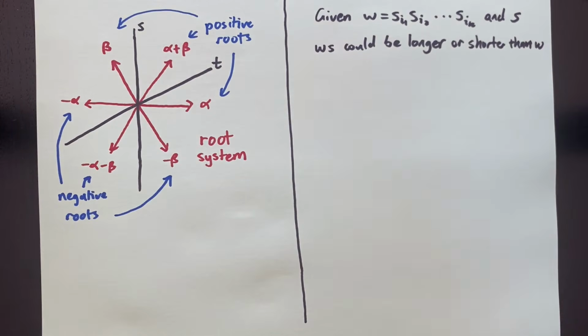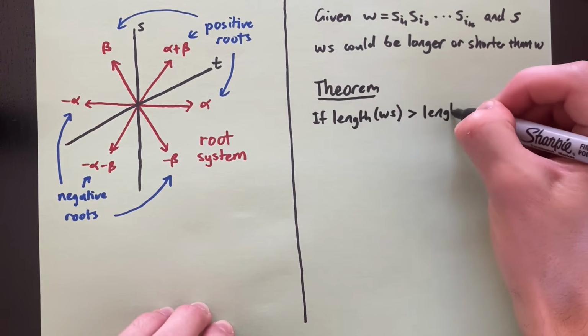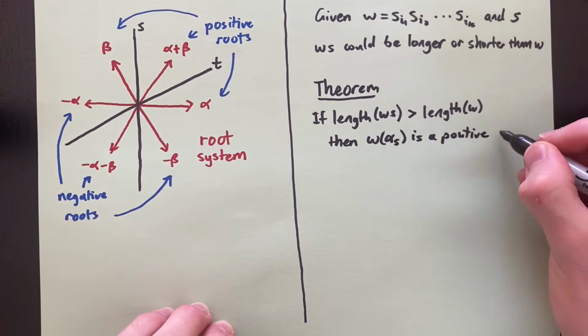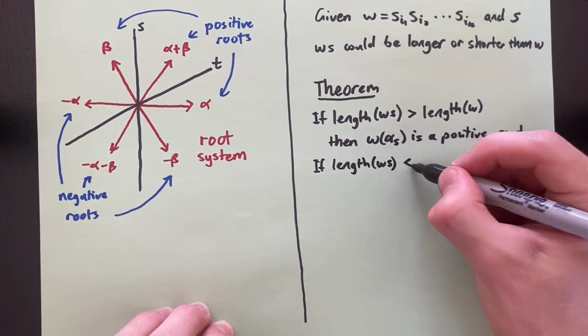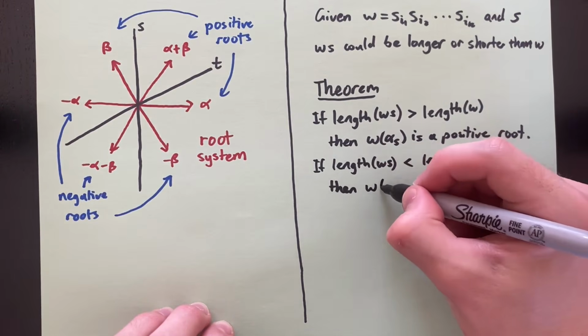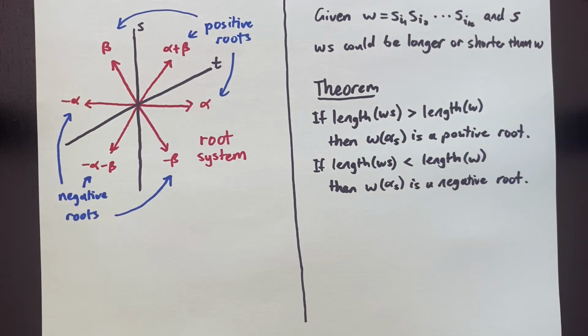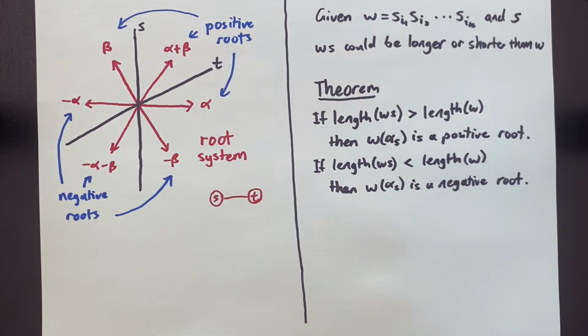With a bit of effort, it's possible to prove that if s increases the length of w, then applying the linear transformation corresponding to w to the starting root corresponding to s always gives a positive root. And if multiplying by s decreases the length of w, then w sends the root corresponding to s to a negative root. As an example, here's the root system for A2, and recall that the group element st corresponds to